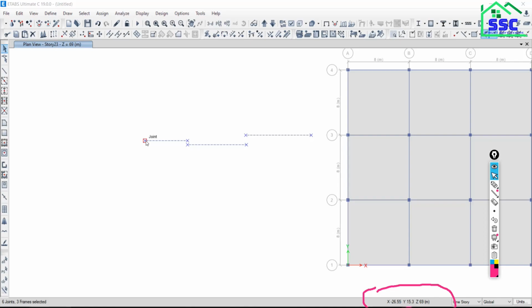And z is what? Z is actually the height. 69. So we are at the plan view at the 23rd floor, and what is the height of this floor? 69. So this joint is at the 23rd floor, so height will be same. So that is actually given here, 69. Okay, forget that.